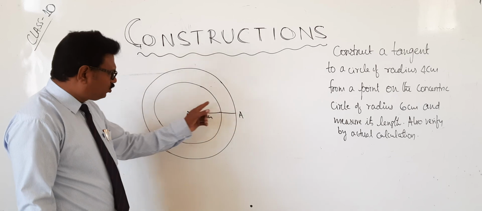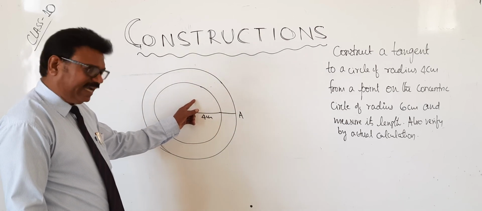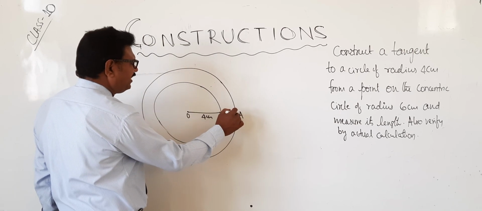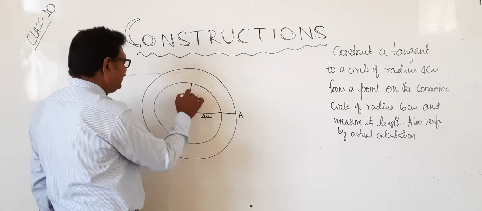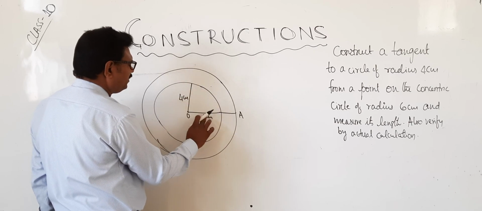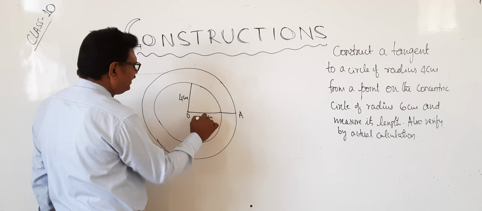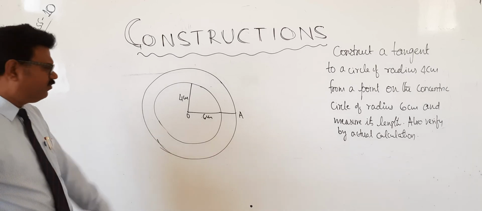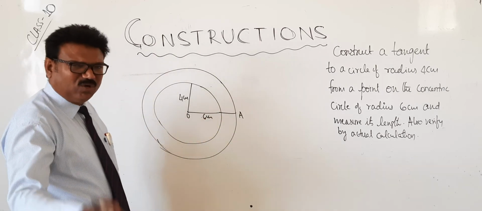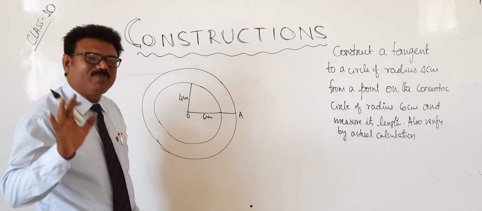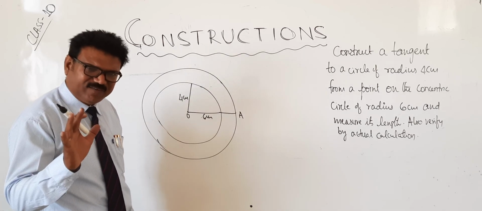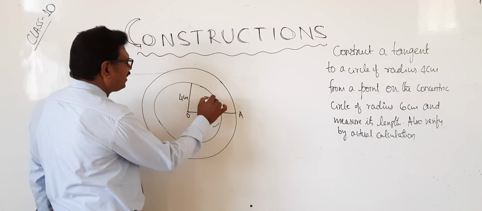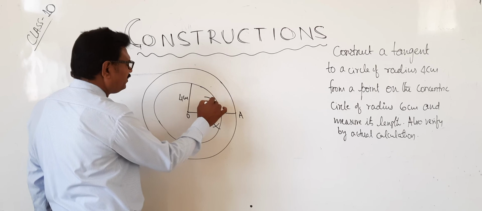Now from this we have to draw tangent to this. Very simple. From here to here it is 6 centimeter, right? Yes, this is 4 centimeters. Now here to here that is 6 centimeters. What we have to do is very simple. First to bisect. Do you know how to bisect the side? It is nothing but perpendicular bisector only. Are you understanding? Yes. Take compass, draw one arc like this and like this.